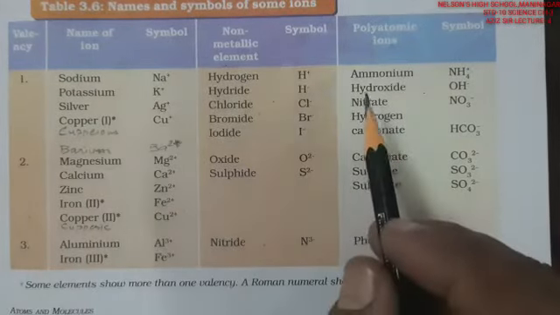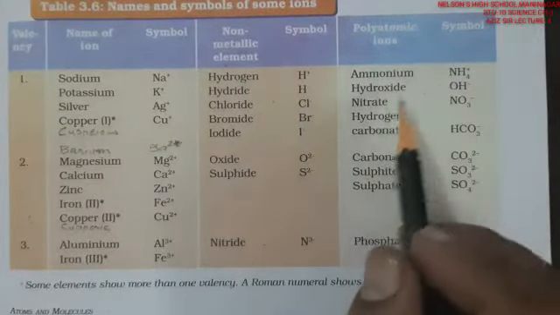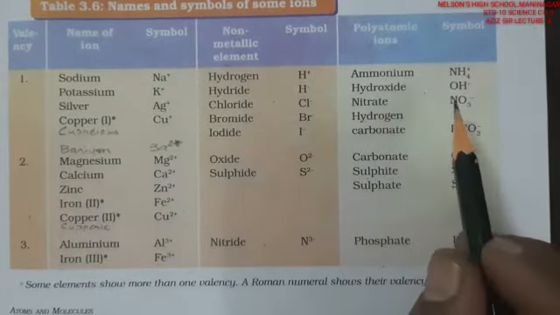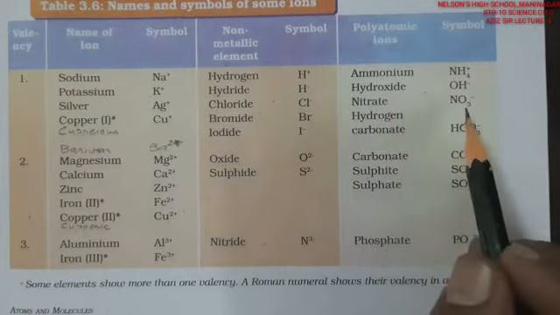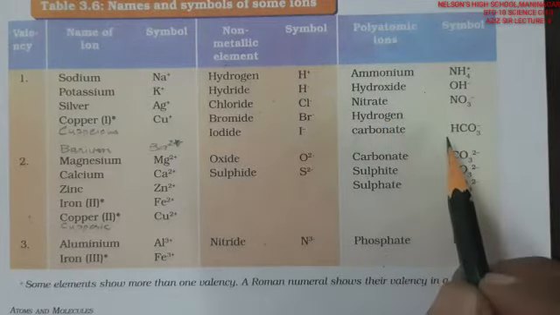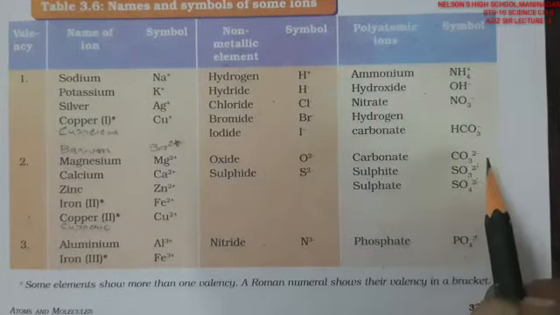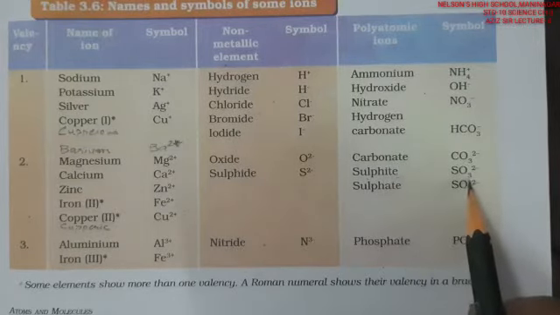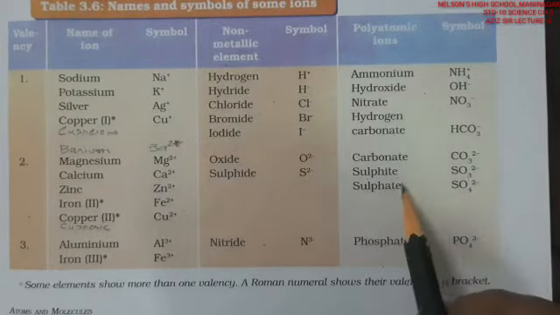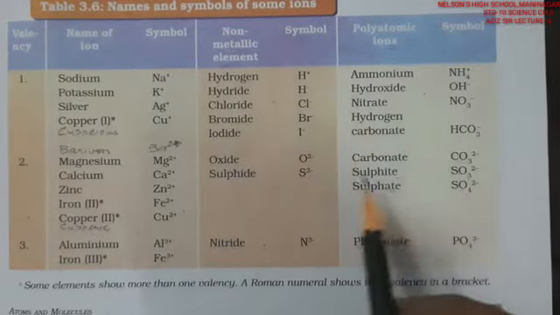Fine. Then the molecular stage, that is polyatomic, where more than one atom is present. Ammonia gives ammonium. Then the negative ions: OH- is hydroxide, nitrate is NO3-, hydrogen carbonate is HCO3-, and carbonate is CO3 2-. For sulfur, -ite is for 3 oxygens, so SO3 is sulfite, and -ate is for 4, SO4 2-. These are all 2-.